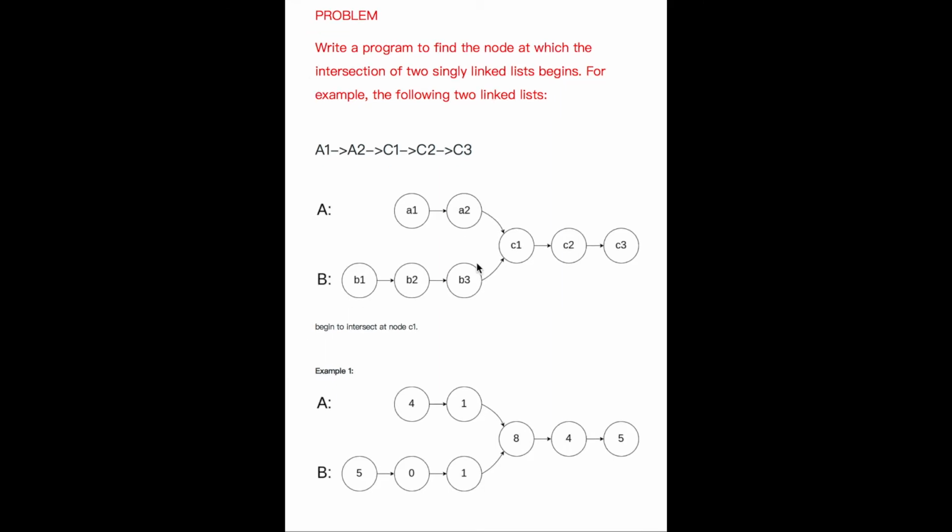So the problem that we are going to be solving today is: write a program to find the node at which the intersection of two singly linked lists begins. For example, we have two singly linked lists here, A and B. The elements of A are A1, A2, C1, C2 and C3, and the elements of B are B1, B2, B3,